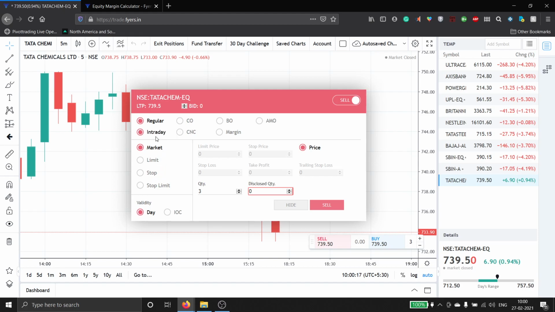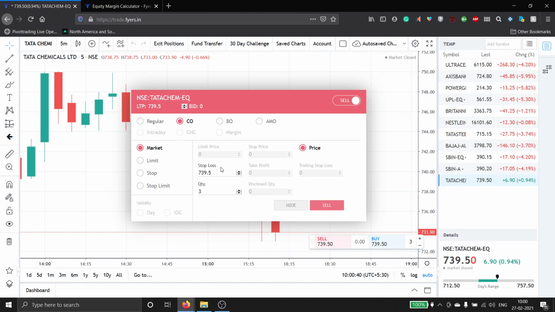Now you have this intraday. So in a single day, if you want to trade, then you have different types of order, more types of order. You have these 4 types already, but you have 4 more types of order. Okay, in cover order,